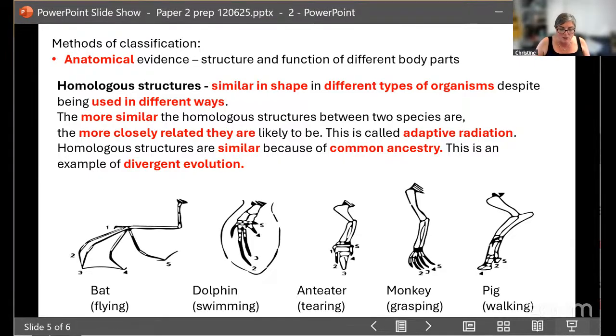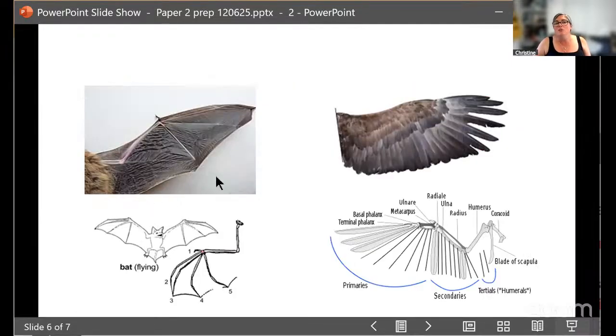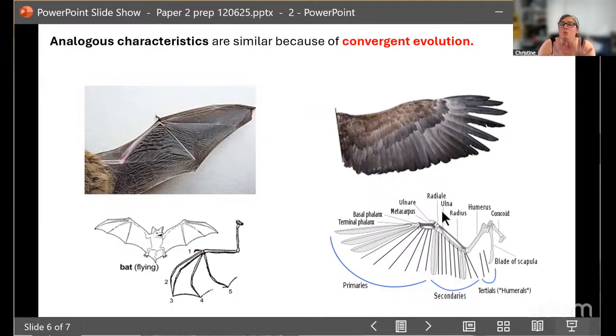So you asked about analogous structures. So if I'm looking at analogous structures then, here we have a bat, which has the wings for flying. So you can see the structures here. You can see the bone, the digits coming out, and then the membranes that are attached. And then we've got the bird, which has a completely different structure. However, they are very similar, but also different. So this is where you have analogous characteristics.